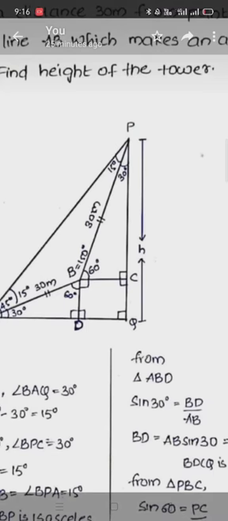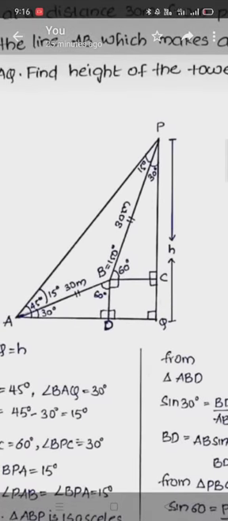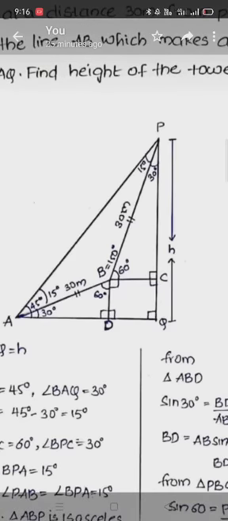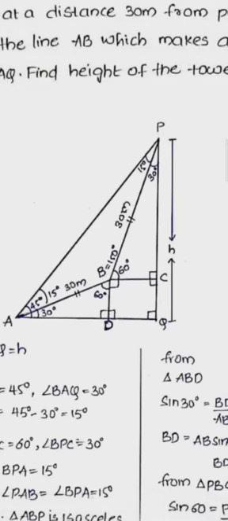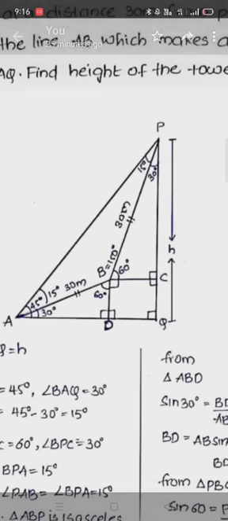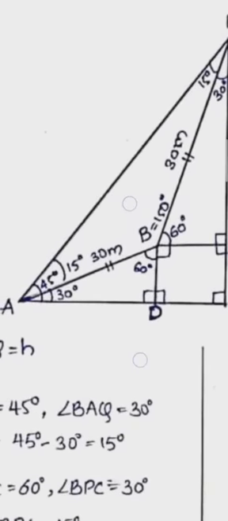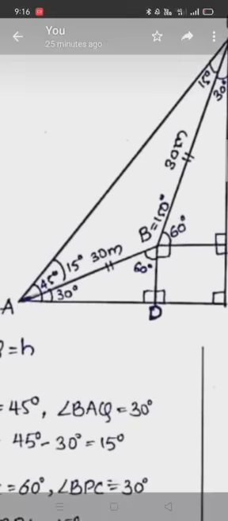Instead of finding the length of CQ directly, we are going to find the BD length. Why? Because BCQD is a rectangle, so its opposite sides are equal. So CQ must equal BD. As we have the values related to BD, we find the BD length first, which must equal the CQ length. To find BD, observe this triangle ABD.